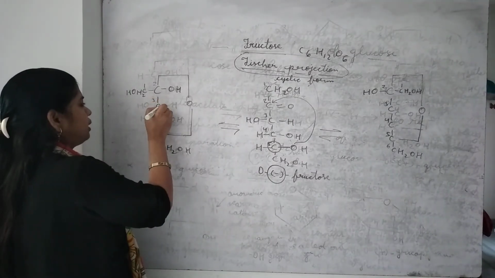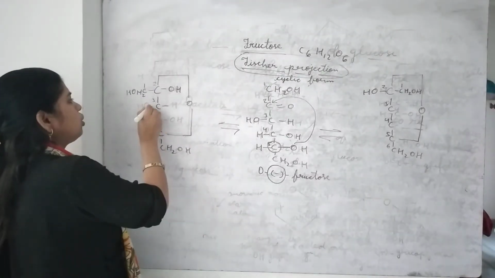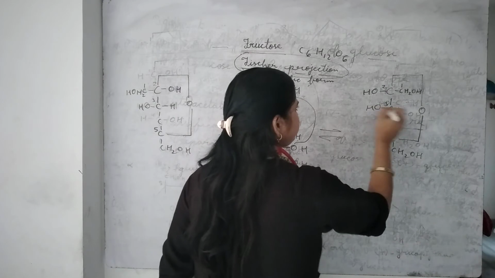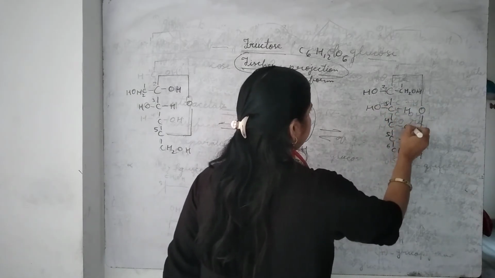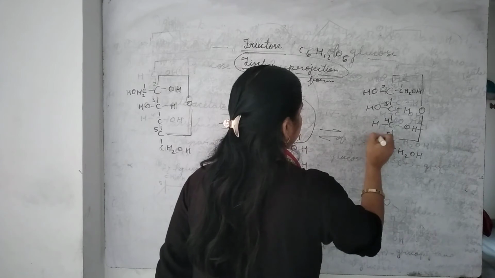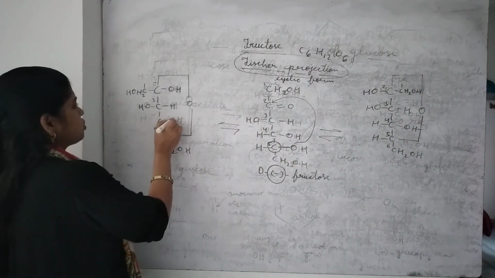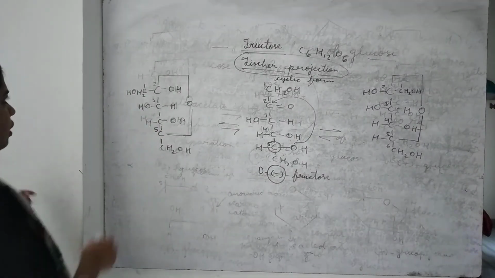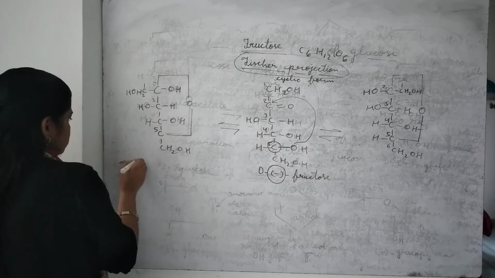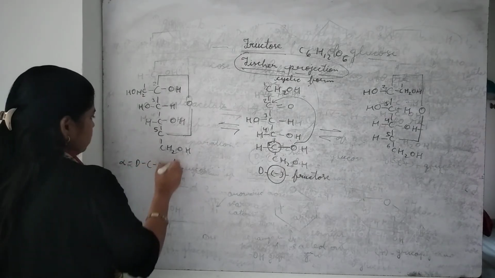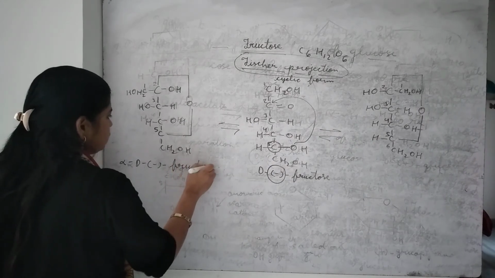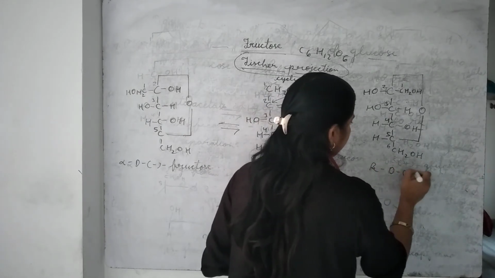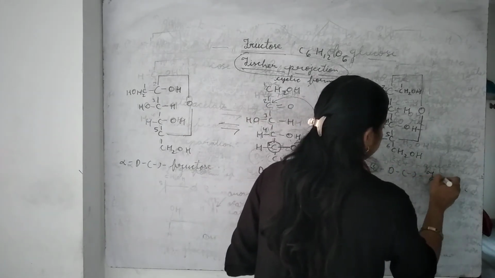This is the third carbon atom. On the third carbon atom OH is on the left hand side, so as usual here also. Now on the fourth carbon atom it will be arranged alternately, and over here hydrogen. In this case also OH will be arranged over here. Now its name is what? This is the alpha form, so alpha D minus fructose, and that is beta D minus fructose.